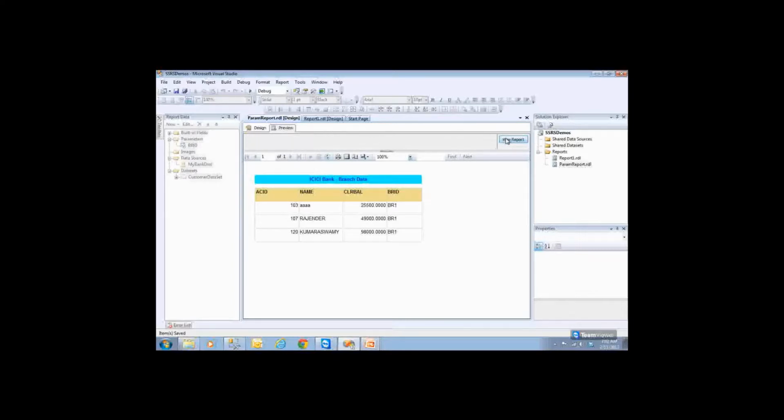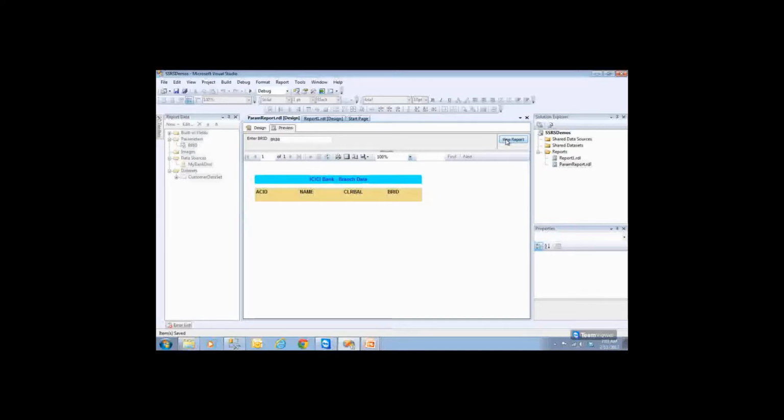I don't know how many branches we have, but let me put branch 88. I don't know whether branch 88 is available or not. So let me click on view report. Actually, that branch does not exist. We have only up to 6 or 7 branches, but I am providing branch number 88. The customer also does not know whether this branch exists or not.